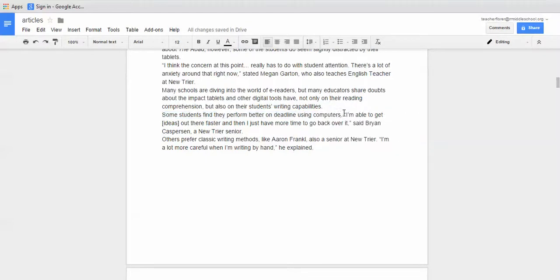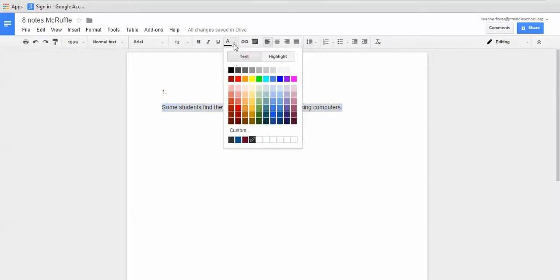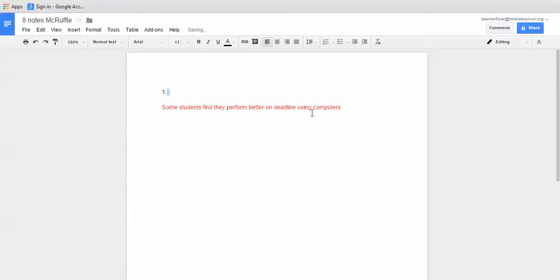Whoops. And again, we can't use the copy-paste buttons. We have to hold down Control, tap C. Then I'm going to go to Notes. I'm going to type in a 1 because this is from the first article. Control V. There is a comment I have that might help me in writing the article. Since this is a direct quotation, I'm going to turn it red, and now I'm going to go back to the article